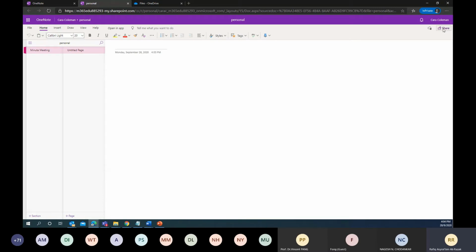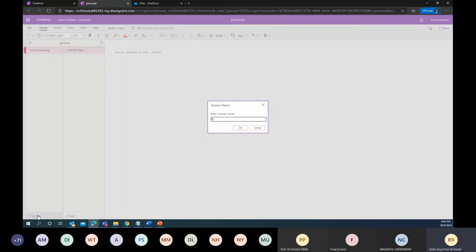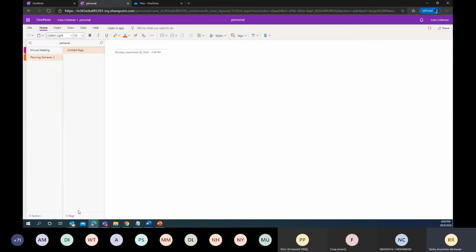Let's say you plan for the whole semester. Okay, then you put a section, let's say planning semester 2. Okay, then inside this one maybe just topic one. Okay, topic two, you just write down what your idea or plan is for this topic, and then you want to share with your boss or your head of department or faculty, then you can share directly to him or her. Okay,